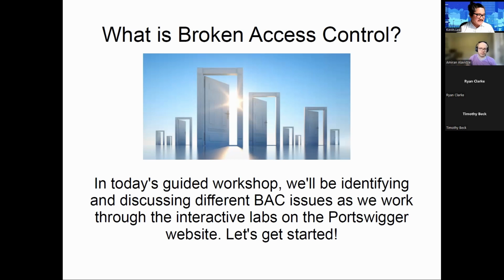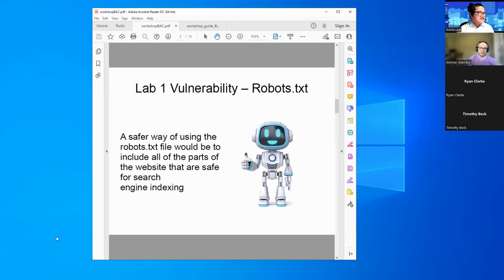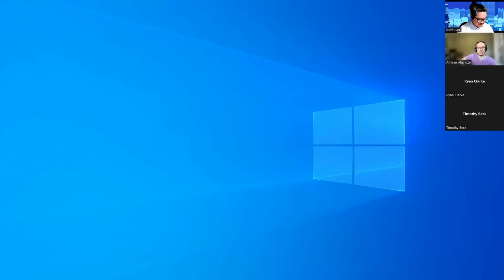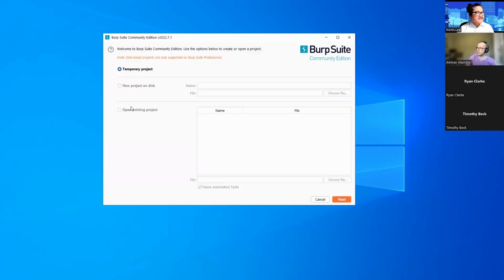If you have your Burp Suite software handy, we're going to start it up now. So I'm going to start it up on my computer, and we're going to walk through starting it up. We see here that Burp Suite has us go through a number of different screens before we can start it up.